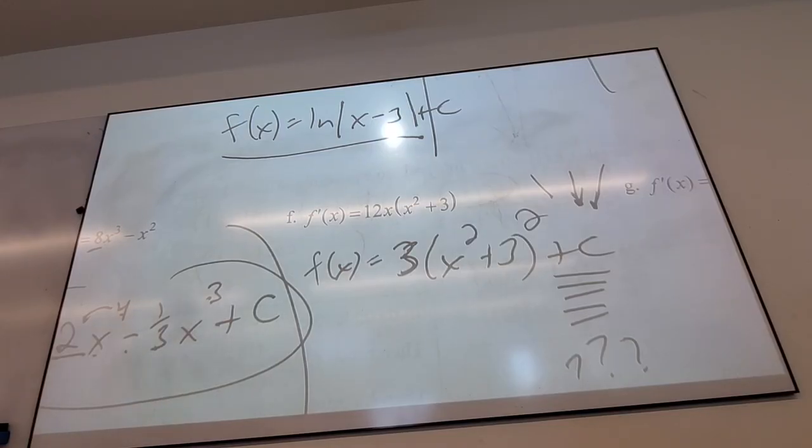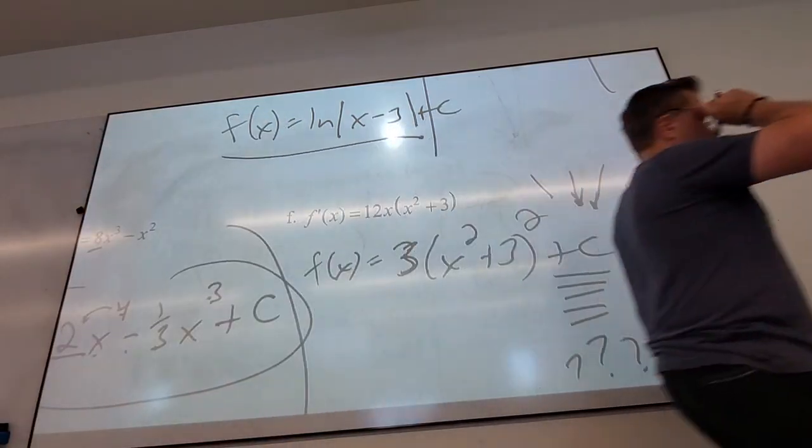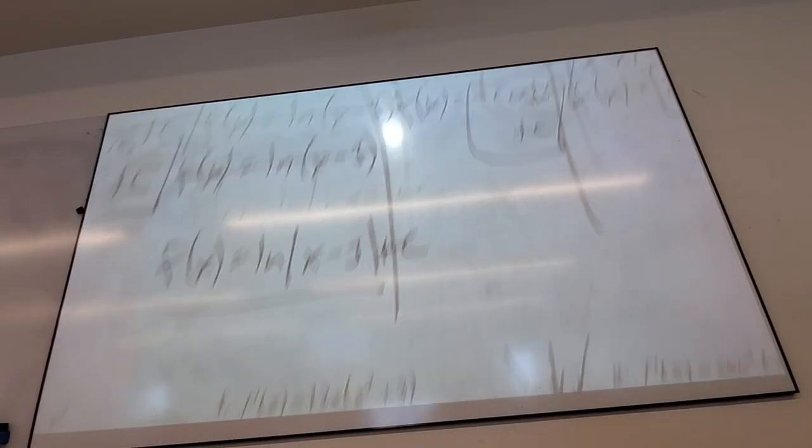That's why the antiderivative of cosine x is easy. What's the antiderivative of cosine x? It's sine x plus C. Okay. Why is that easy? Because I know the derivative of sine is cosine, so the antiderivative of cosine is sine x. This one is not easy. I don't know all these derivatives.